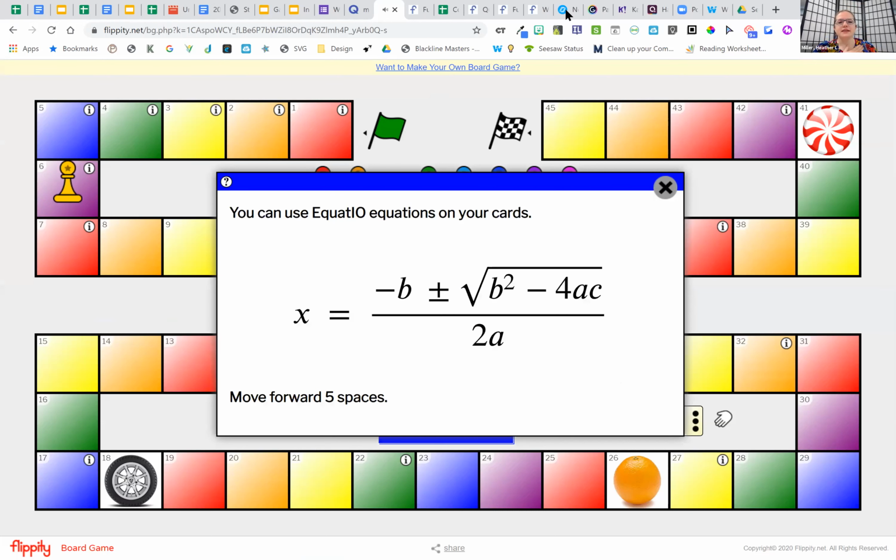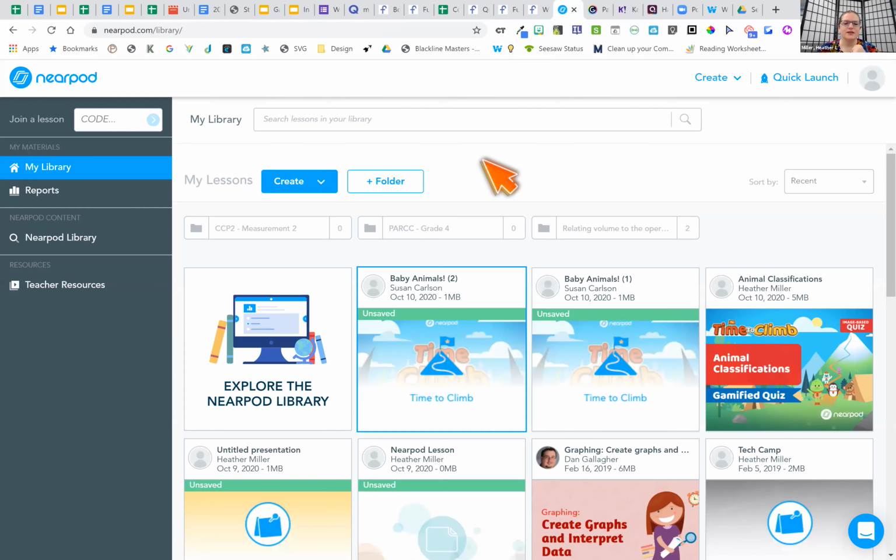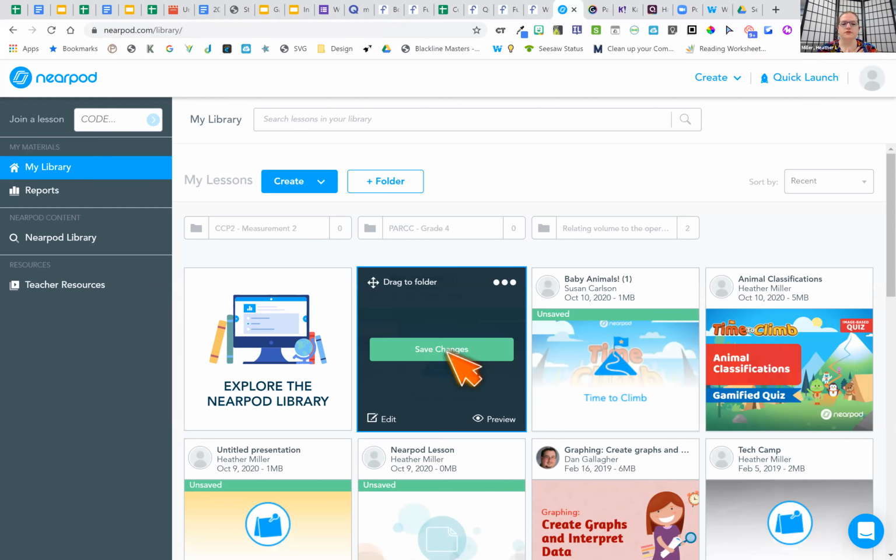Okay, so the next thing that we're going to do is Nearpod, and you might have heard of Nearpod before. It's similar to Pear Deck, but they have a new thing that I think is so fun. It's called Time to Climb. So let me just save those changes there.